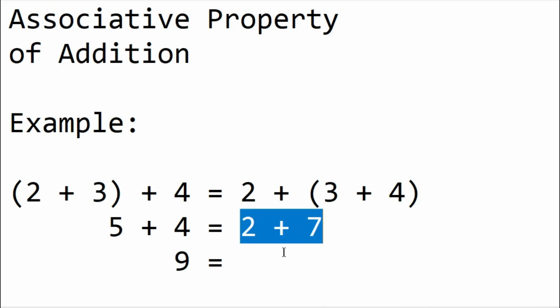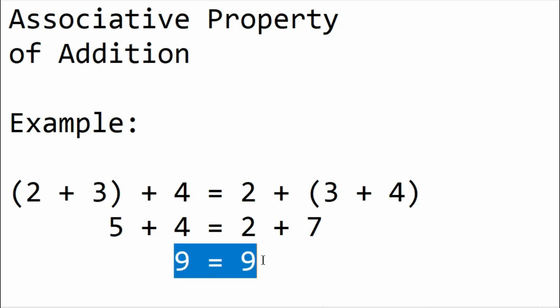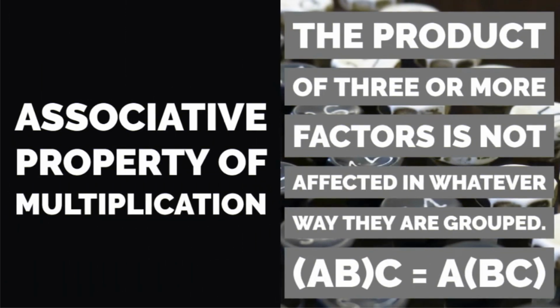Then, 2 plus 7 is also 9. So, magkapareho sila ng sagot kahit na anuman yung pagka-arrange or pagka-grupo nila. Para naman sa associative property of multiplication, ito ay nagsasabing, the product of 3 or more factors is not affected in whatever way they are grouped. Para sa halimbawa ng associative property of multiplication,